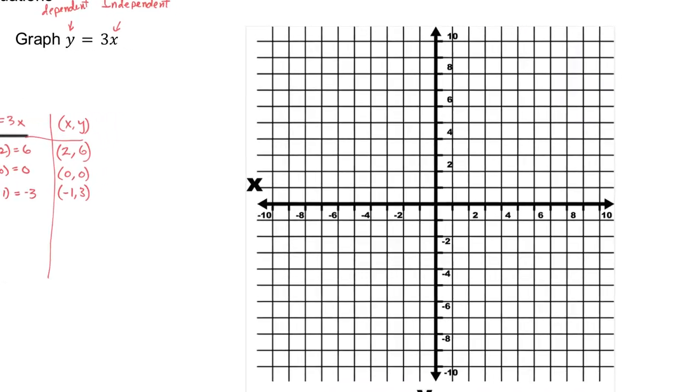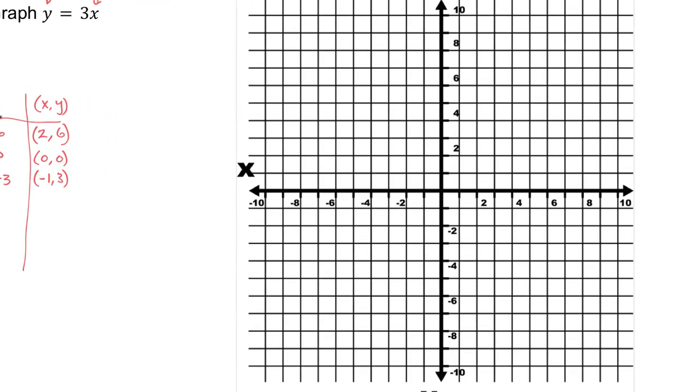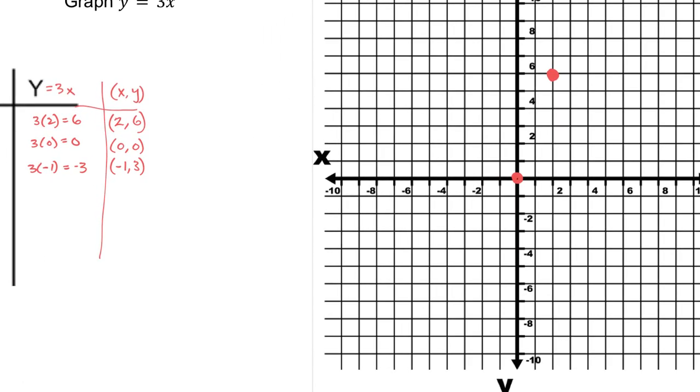So I'm going to try to keep these here like this. And I'm going to graph the first one, 2, 6. 2, 6 would be 2 on the x, 6 on the y. It's this point right here. 0, 0 is the next point, and that's right in the middle. It's called the origin. And then the last one here is -1, 3. And -1, 3 means I go -1 on the x, and I believe -3, right? All of a sudden I realize, yep, that should have been -3 right there. -3, so that needs to be a